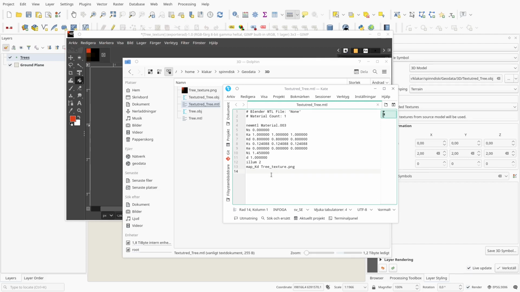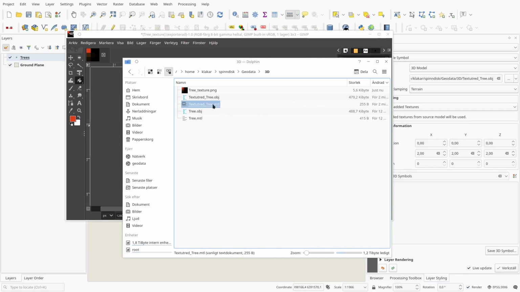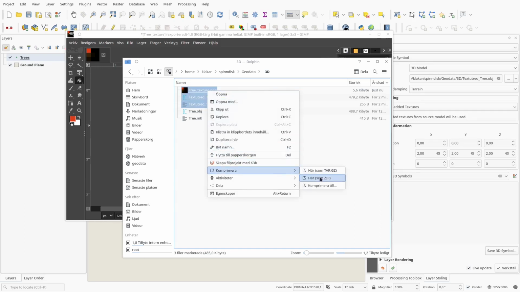So if the textures don't work, you can edit the MTL file to make sure it points to the correct file and they are in the same folder. You need the MTL file, the OBJ file, that's the geometry, and in case you have a texture, you need the texture. So let's compress that into a zip